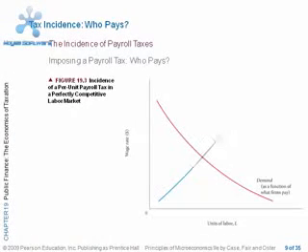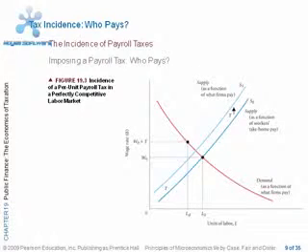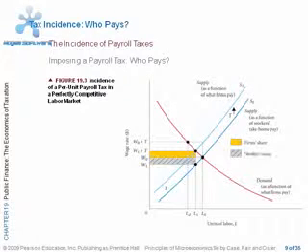How buyers and sellers share the initial incidence of a tax depends on the market behavior. The portion of the tax presumed to be paid by the buyer or the seller varies depending on the responsiveness of the demand for and the supply of the product or input as the price changes. In the chart, this is reflected in the steepness of the demand and supply curves.